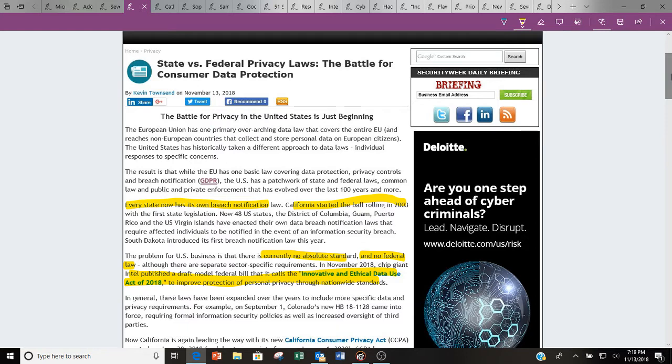So last week we talked about my thoughts that there will be some federal legislation sooner than later regarding privacy. And the reason why I said that is because GDPR and the European Union and California were starting to set the stage. Well, this article came out and basically said